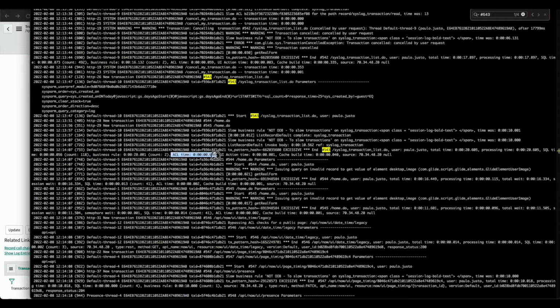Sometimes you have ACL time here high, or you have MySQL also high. Normally, when you have a high number for MySQL, you have a slow query here, a select statement that is slow. But I also want to show we have this home.do that only starts to process after the previous transaction